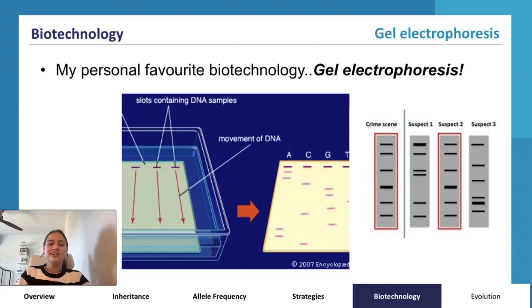and suggests that they're guilty. You'll probably do a couple of examples in class for this, but it's a fun and interesting one, especially since I know a lot of people that have a keen interest in forensics. It's actually also used in genetics to study polygenic inheritance, where traits are influenced by multiple genes. By separating and analysing DNA fragments associated with specific genes or regions, researchers can understand how traits are inherited across